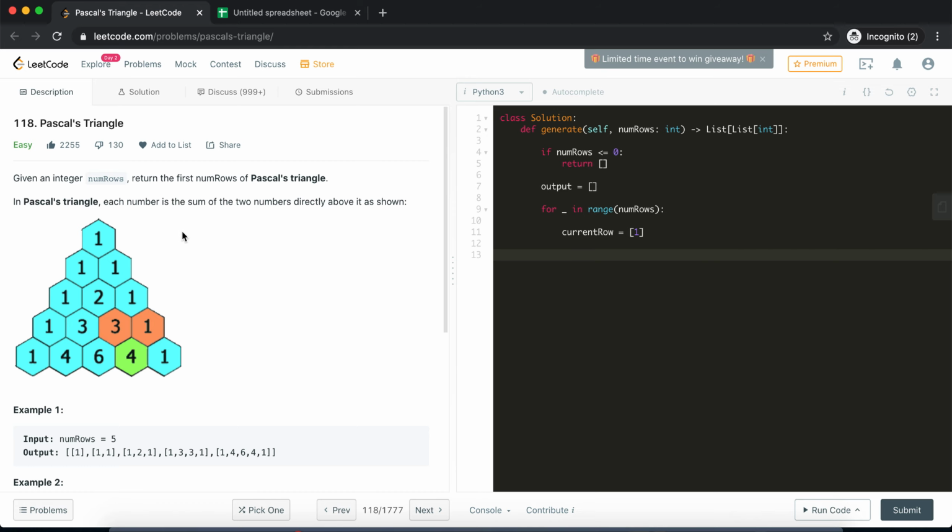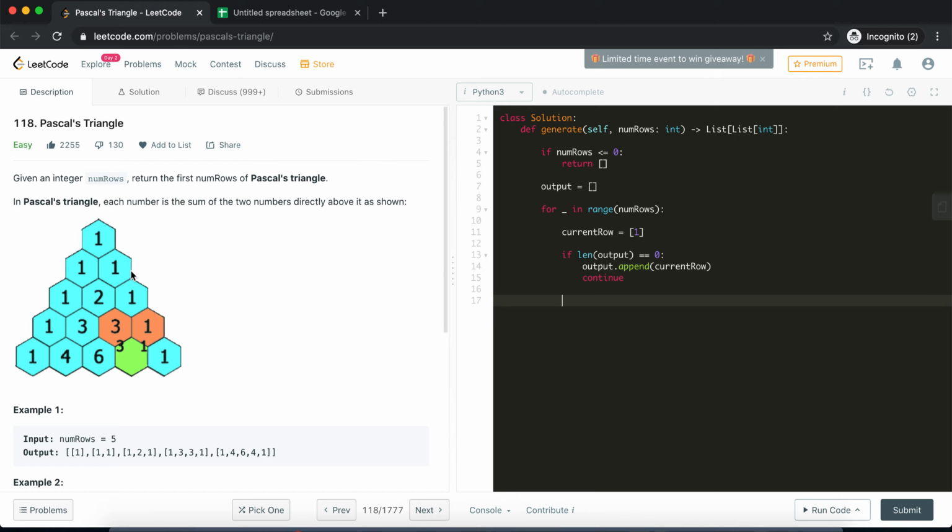Okay, so now we need to handle this special case first, where we just have the first row where we have only one element, and that element we have already added, so we then don't have to do anything. So here we'll make that check. So if the output is 0 at this point, meaning we do not have any row, then we'll add this row in the output and we'll continue the iteration. So the first row is handled.